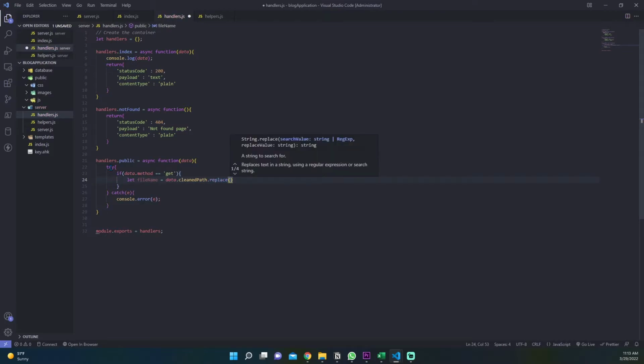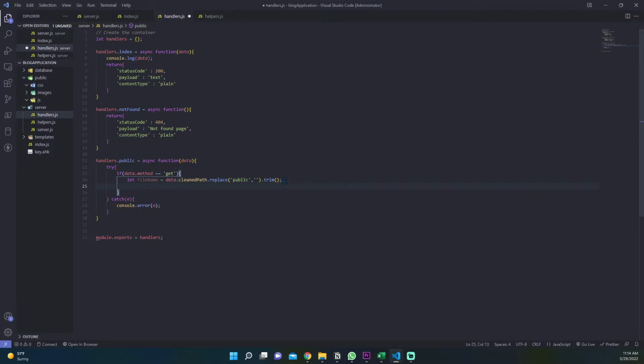We want to replace the string public with an empty string, and we want to apply the trim method. If you aren't familiar with the trim method, the only thing this method does is delete white space from the start and the end of our string and normalize it. Now we can check if our file name length is greater than 0. So if